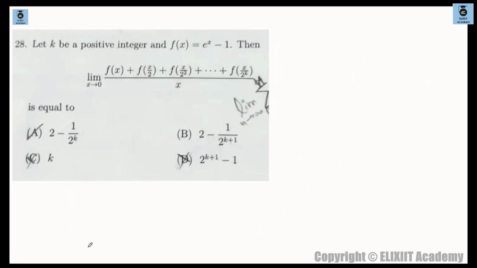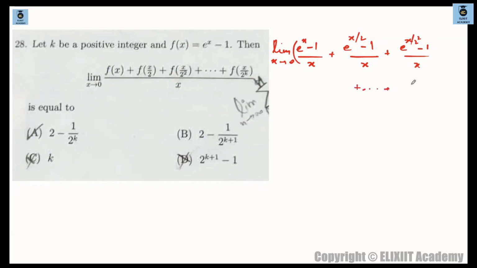f(x) is e to the power of x minus 1, then we have to evaluate this limit. So if you carefully see, this is limit x tending to 0. You start plugging the values over here. So f(x) is (e to the power of x minus 1) divided by x. Then f(x/2) is (e to the power of x/2 minus 1) divided by x. And the next term is e to the power of x/2 square minus 1 divided by x, and so on. It goes up till e to the power of x/2 to the power of k minus 1